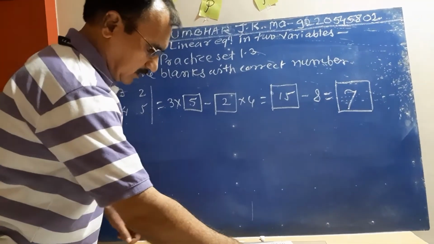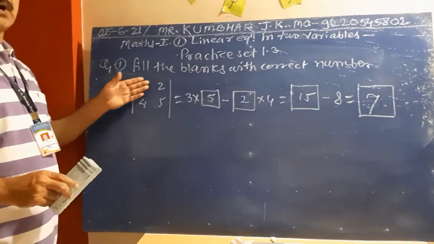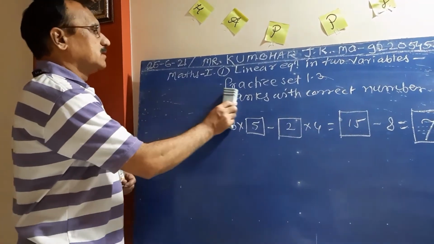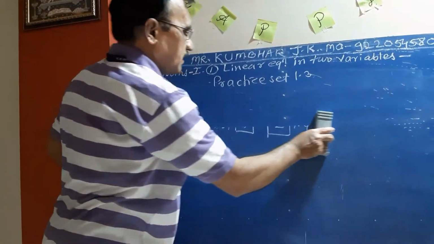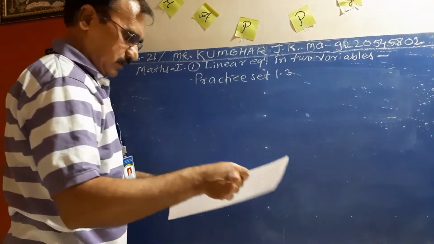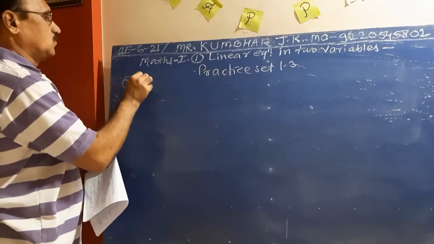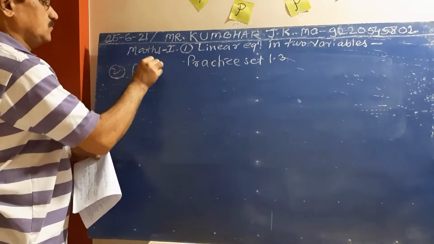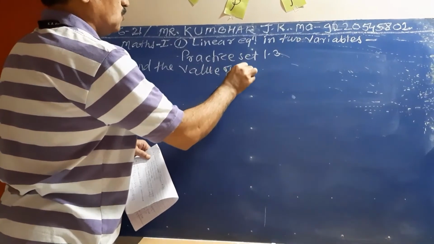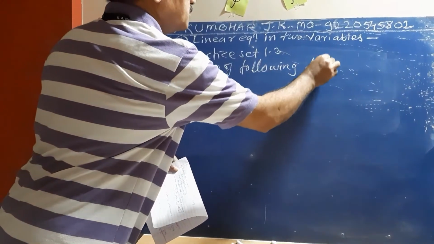And then we can write the second example: find the value of the following determinant. Can I understand this? Yes, very easy. You only need to remember the formula for how to find the value of a determinant. Daily practice is very important for maths. Find the values of the following determinant. Second one, find the value of the following determinant.